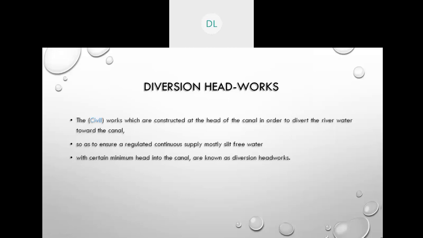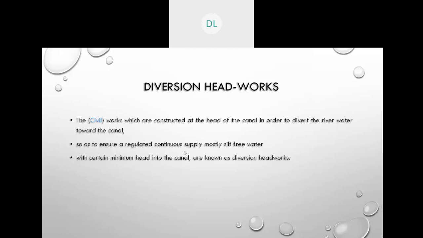But in my opinion, this is the beginning from where we are starting the diversion. All works carried out there so as to enable diversion of the natural water running in the streams are the headworks, where civil engineering inputs, civil engineering knowledge, and civil engineering design methods are required. That's why I call it civil infrastructure, and all those works are constructed at the head, meaning where the diversion starts and we take water to the canal section.